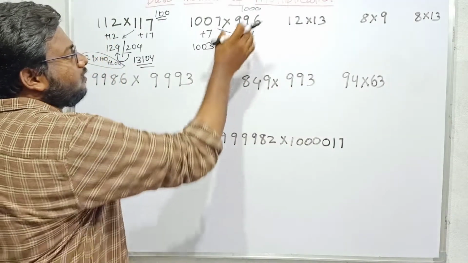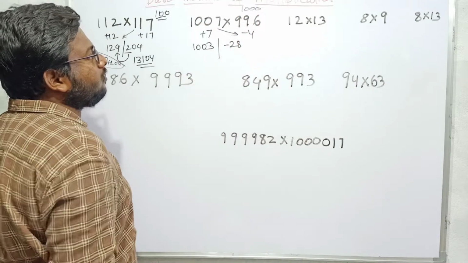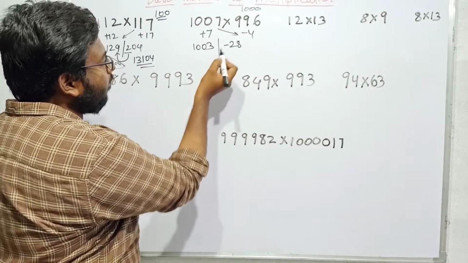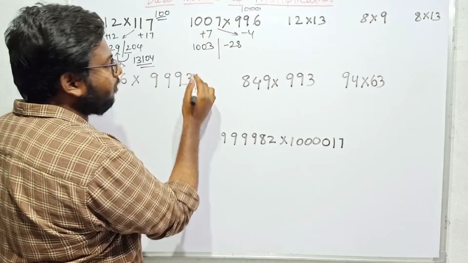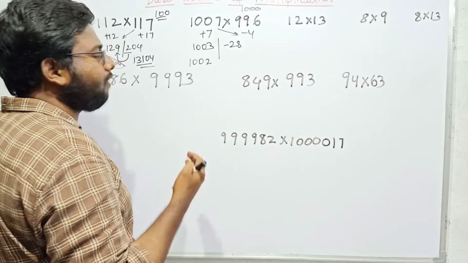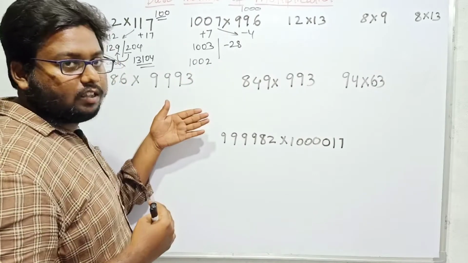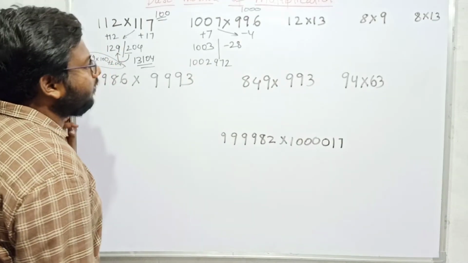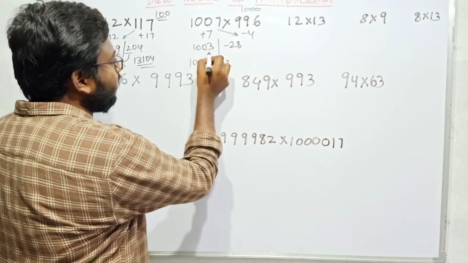So here, since it is calculated on base 1000, that means there will be 1003 thousands in it. So I have to remove 128 from it. So I will take 1000, that means it will be 1002. If I subtract 28 from that 1000, what will I get? I will get 972. If you don't have clarity on this, no problem, you calculate like this.